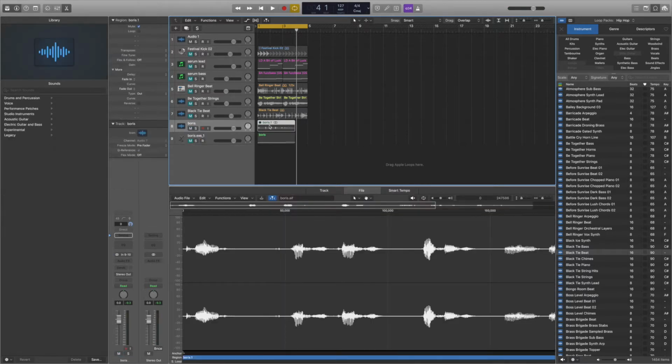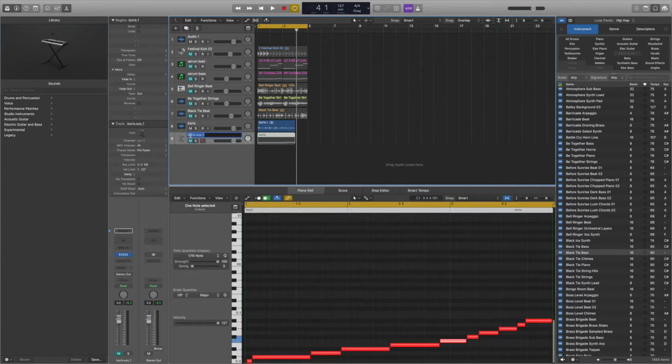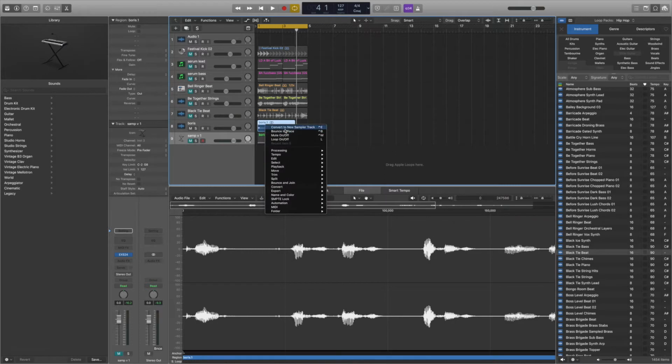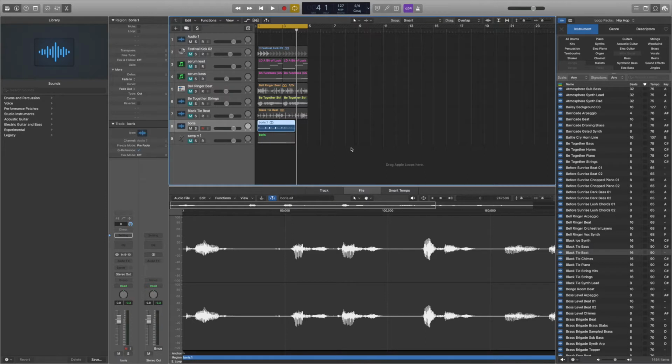So that muted it when I did the previous version. We'll call this one samp version 1. Okay, so that's me just control clicking directly on the sample and saying convert to new sampler track and choosing the transient option. This time I've double clicked on it and it opens it up in the wave editor at the bottom, and if you go file and then come over to audio file and go detect transients,